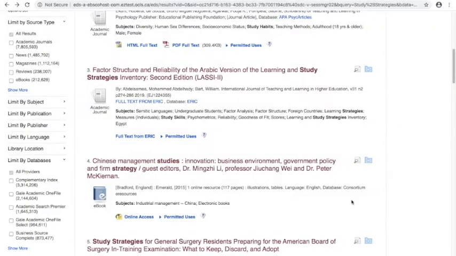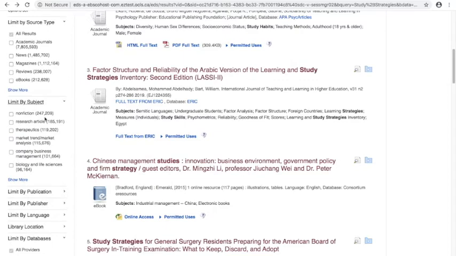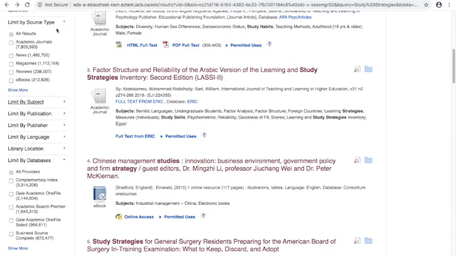So if we head back to the search page we have here, you can see that we can actually limit our searches by source type or subject. Again, the subject is similar to a hashtag that someone put with the article. And these can really be helpful because, again, the numbers you see beside them are how many articles have been tagged with that subject. As well, like I said, the source type,